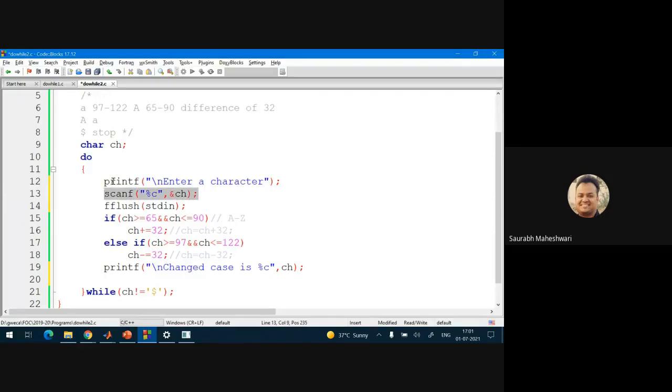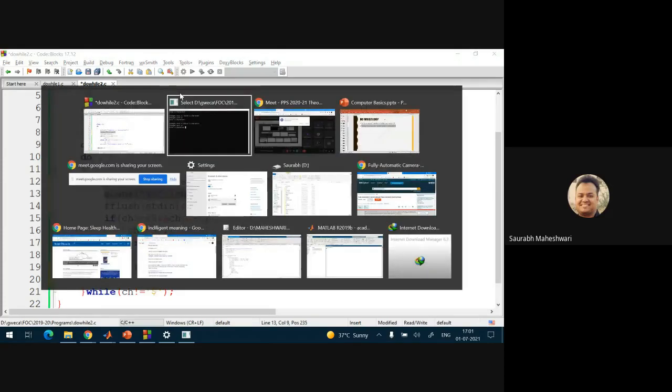This function clears the remaining enter. The enter that we gave after this, it flushes it. Flush means it clears out from the standard input output buffer. So what will happen, when next time the iteration will come and it will ask for new input, it is not going to take the enter by its own.